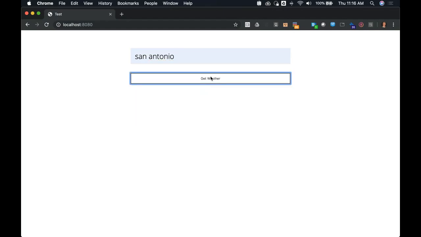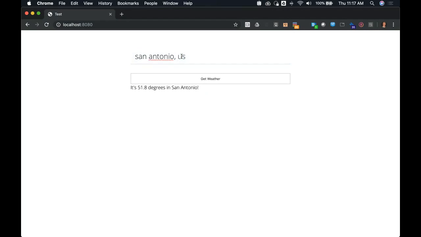Click on Get Weather. It says it's 51 degrees in San Antonio. Now, I live in San Antonio, Texas, and 51 degrees sounds sort of like a winter temperature. So it probably means Santiago, Chile. So let's be more specific. And there we go, 82.83 degrees in San Antonio.